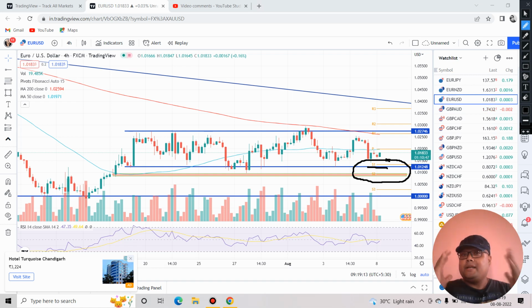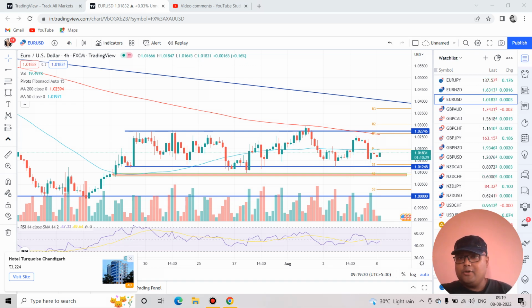And if you have been trading for a considerable amount of time, if you have a good experience in the market, then you can consider taking sell positions in between. But if you're a beginner, new trader, and if your capital is very low right now, then avoid selling in between these levels here, okay. So this is the scenario, this is the strategy you can follow if market comes down. And on the other hand, if market starts going up from here,